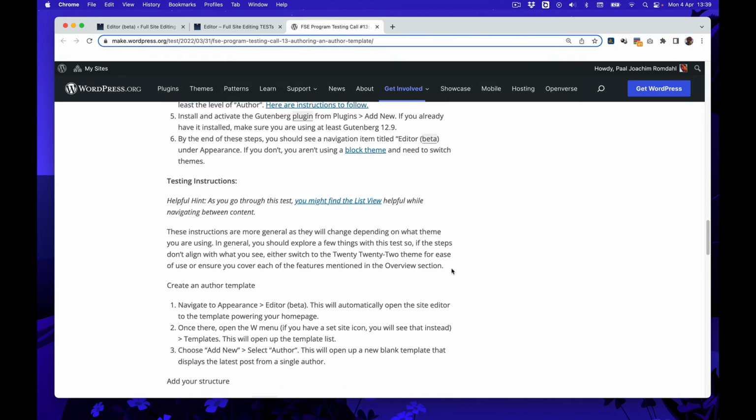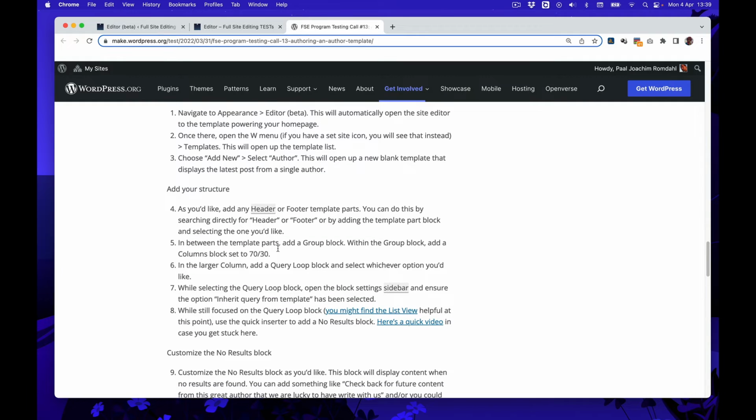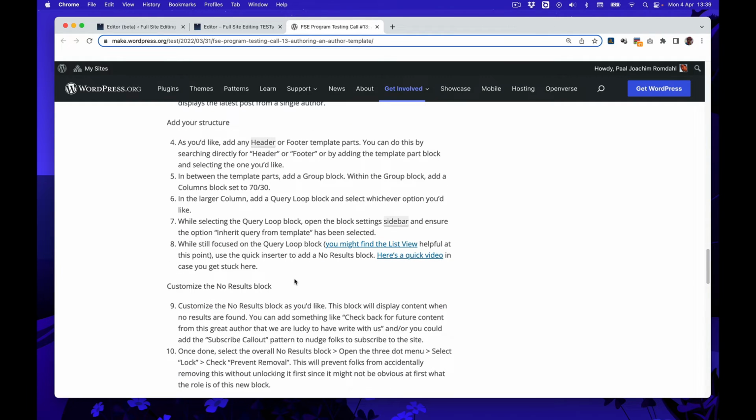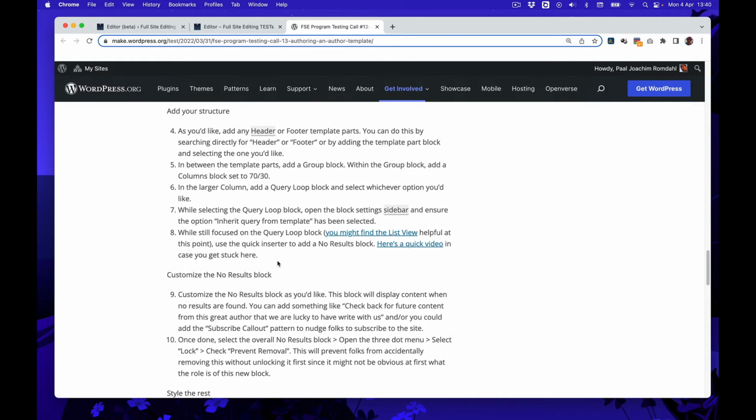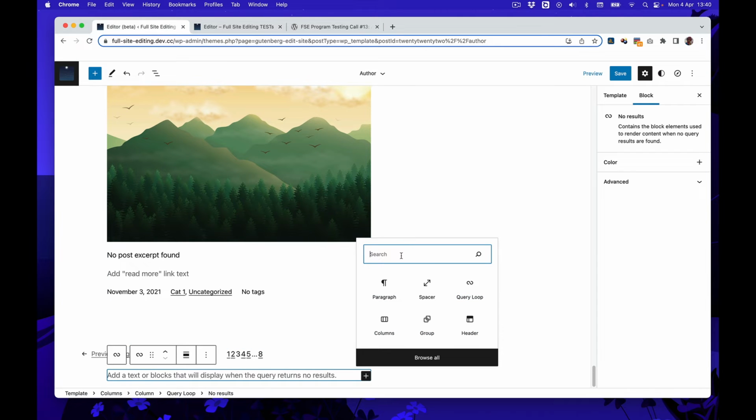So testing instructions here, adding structure, add footer, header template, 70-30. And in here from query, from template, that's what I did. No result block, and there's a video for that as well. I believe there's some kind of